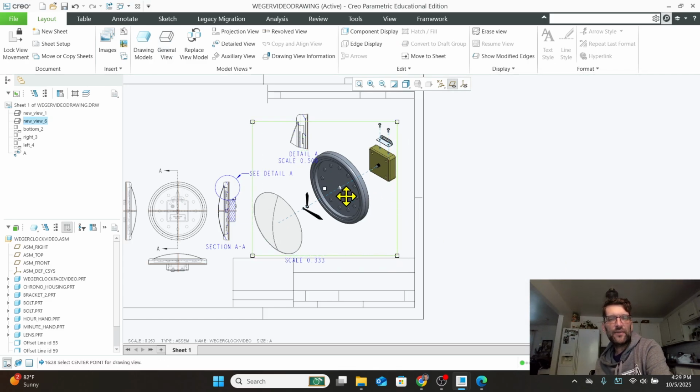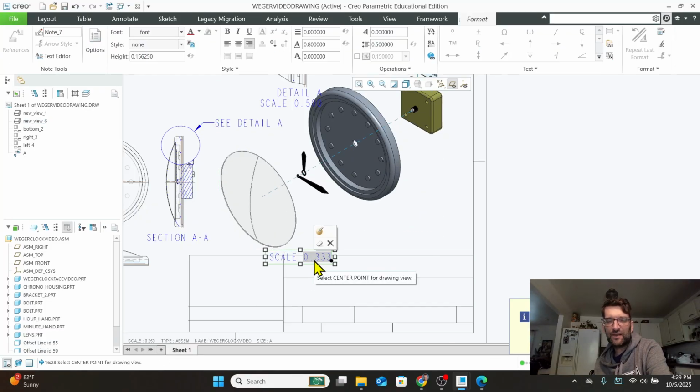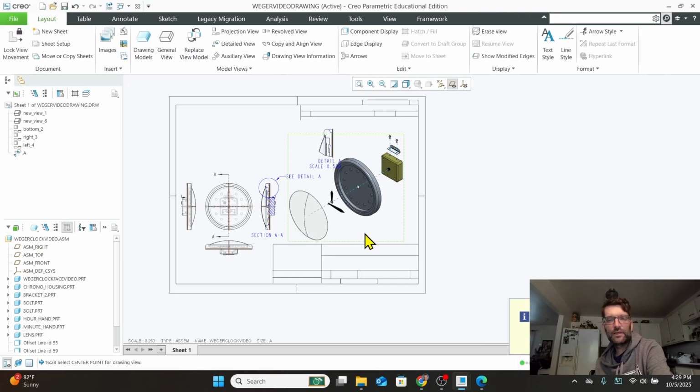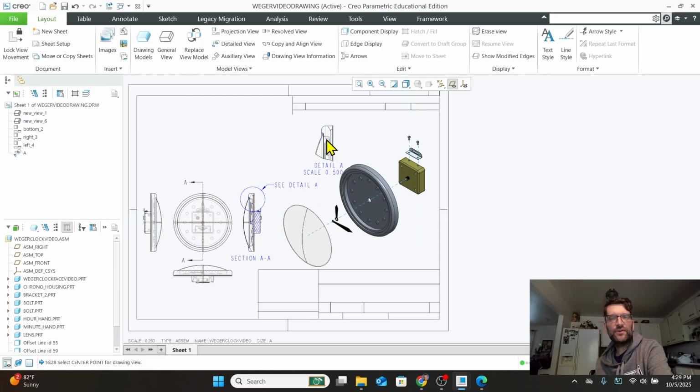Let's get that guy on there so we're not crossing over anything. This thing where it says scale down at the bottom, just kill it. We don't need it. Okay, so see how that detail view is kind of still crossing over there. Let's fix that. Let's get that out of the way a little bit. There you go. Now they're not touching each other